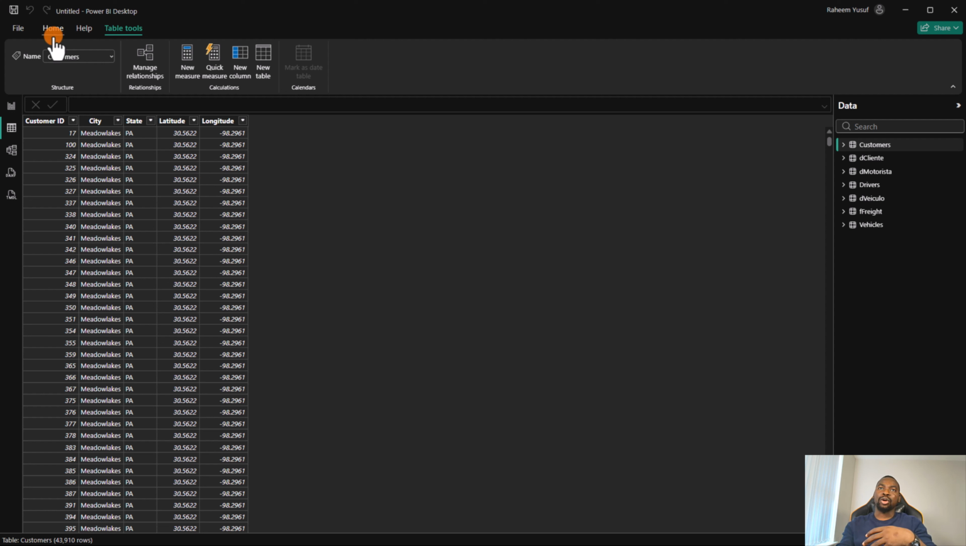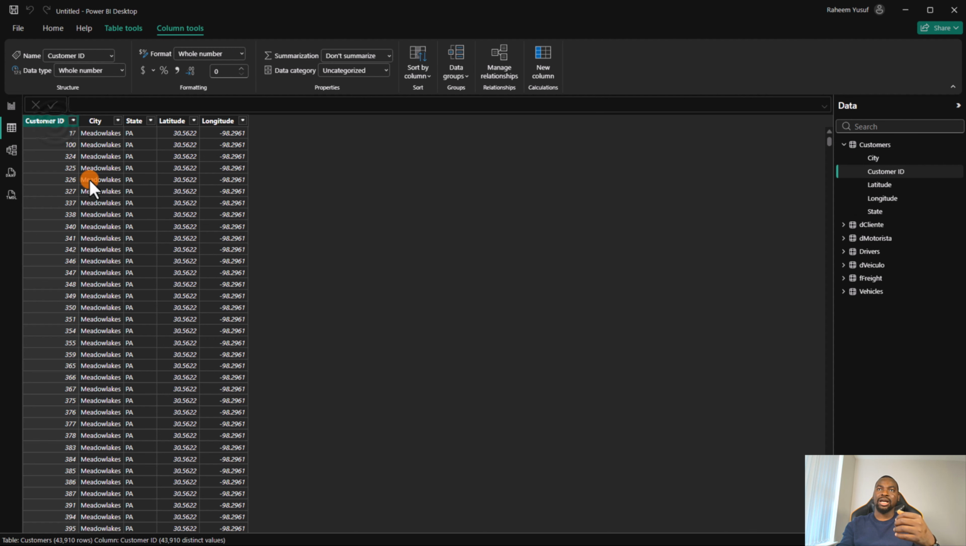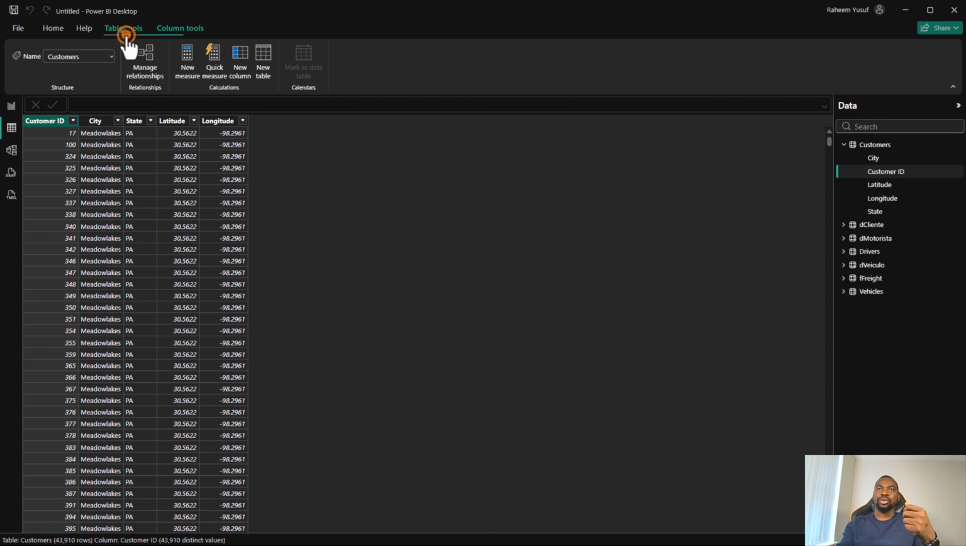And if we look at the top on our ribbon, we see that we have a new tab menu that we have never seen before, which is the table tools. By default, that is selected. And if we click on any of the columns in this table, say for example customer ID, we have an additional tab menu, which is the column tools. So to go back to the table tools, let's click on the table tools